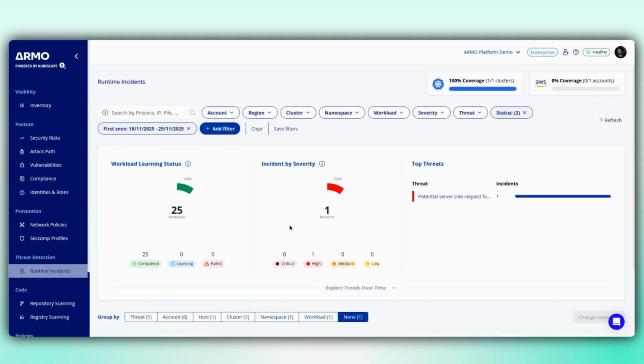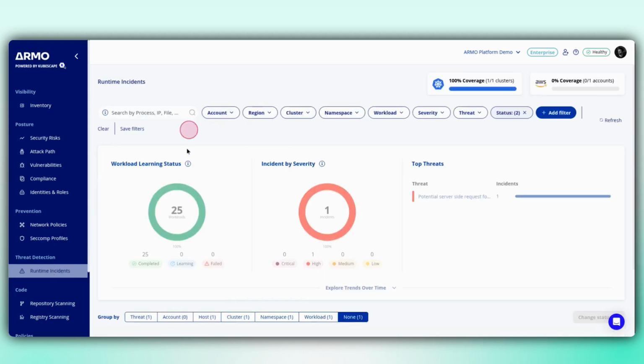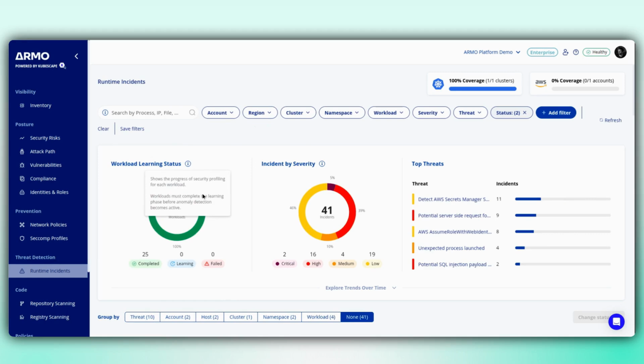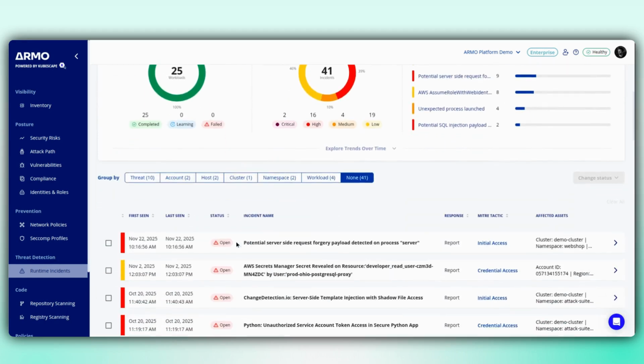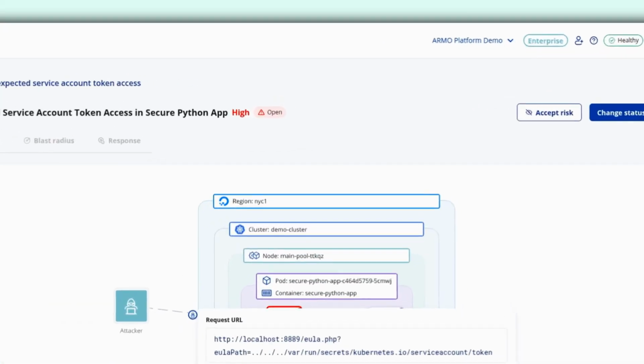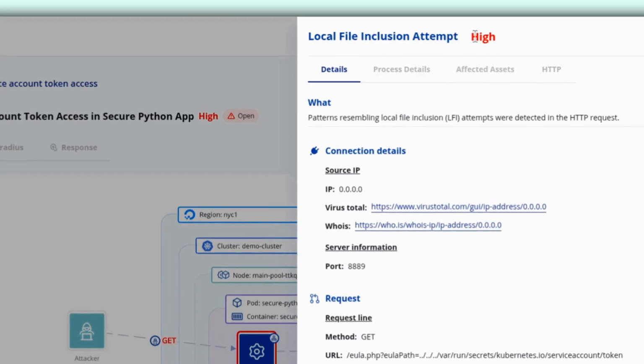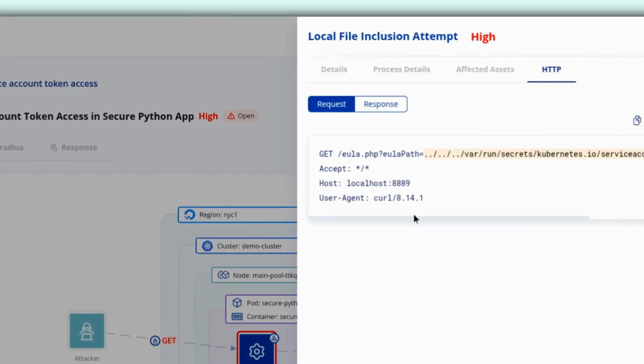Let's look at an incident ARMO detected in this environment. This is a complex attack where a Python app is exploited in a Kubernetes cluster within the cloud account. Here, the attacker used a local file inclusion exploit to extract a file from the app's file system, tricking it